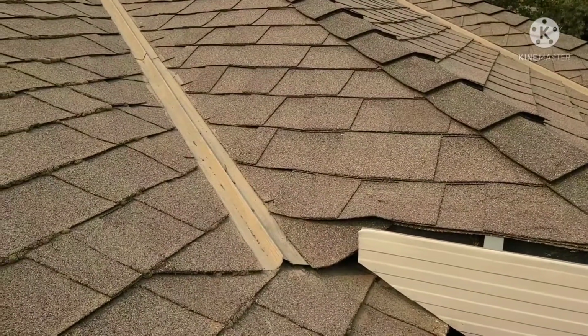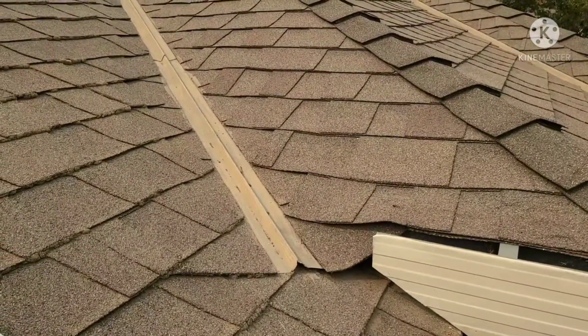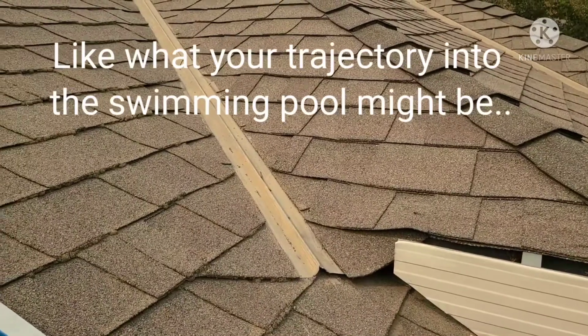Welcome back, DIYers. Now, there can be a lot of reasons for wanting to know your roof's pitch, and I